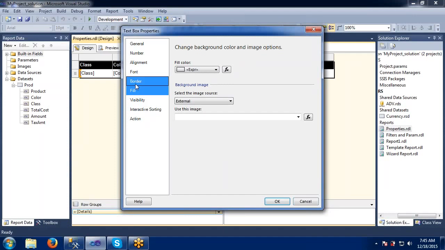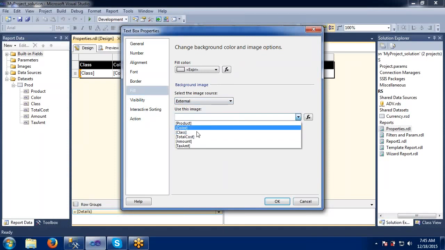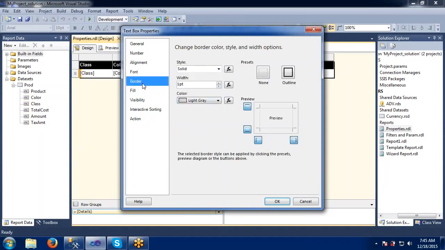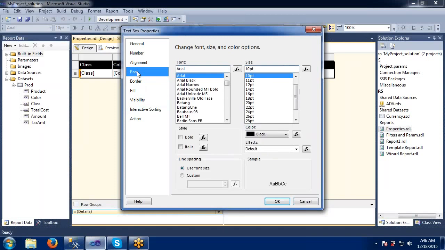Okay. If you want to specify any background color or image option, we can specify it here. I mean, specifically on this color, if you want to specify anything, we can specify it here. And how the border should look, what settings we need, I mean the report border, how it should look. All these things we can specify here. Okay. Especially for this text box only. If you want to specify something special to this text box, we can specify it here. How the font should be, what should be the size for that one.